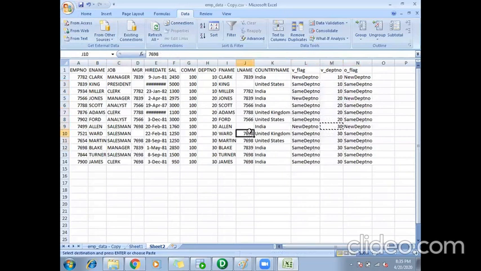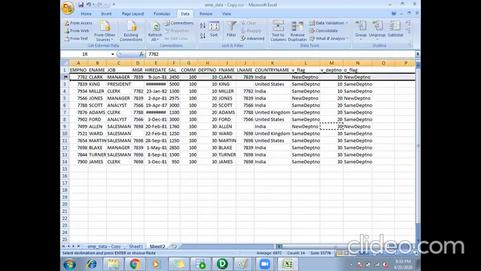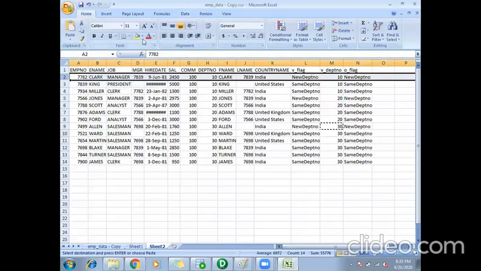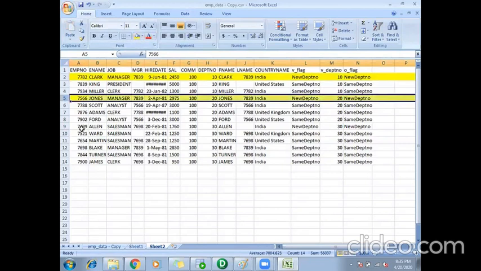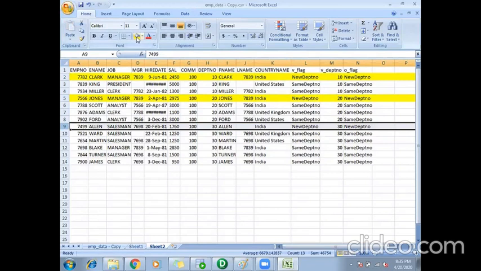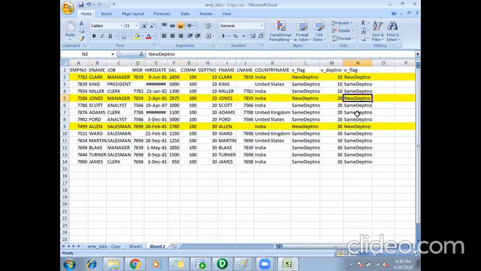Why I am doing this is, when I send the data to the transaction control, I want to tell when I am getting a new department. So for the first time here I am getting a new department. Again, when I get a new department here, again here. I am trying to group the records in my expression transformation. So whenever there is a new department, this output flag is what will be used.